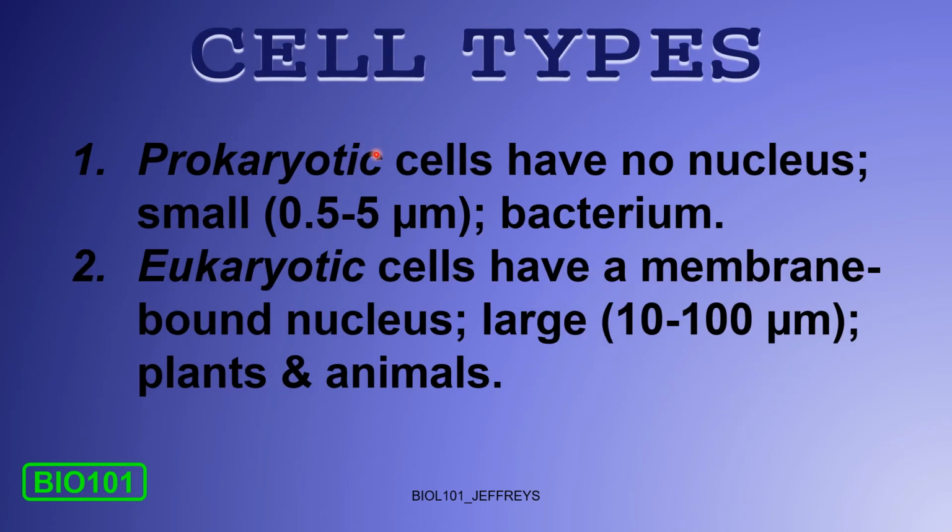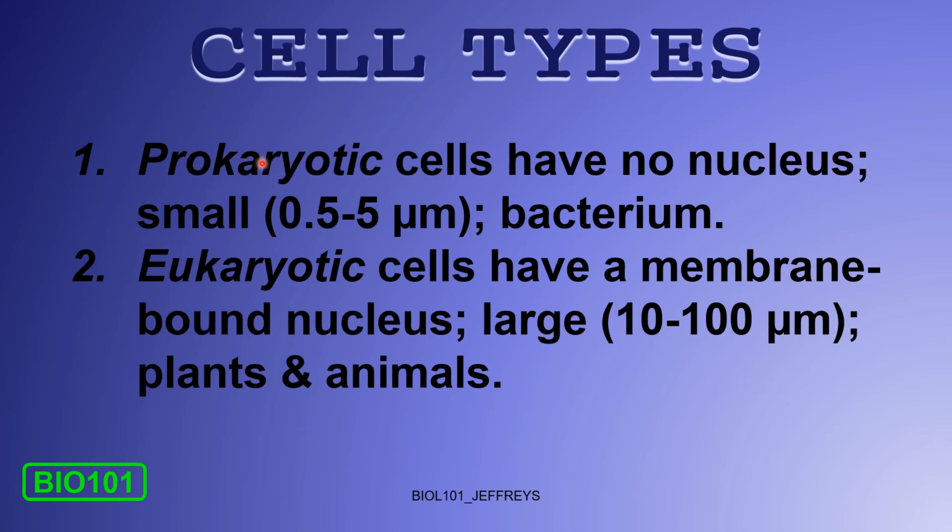So there are 2 cell types, as I already mentioned, and you know these. Prokaryotic cells have no nucleus. These include all of your bacteria. They are very small, range in size from about 0.5 to 5 micrometers. You can see them with a simple light microscope. Pro means early or before, karyo pertains to nucleus. So this is a cell that was generated before the nucleus, or this is a